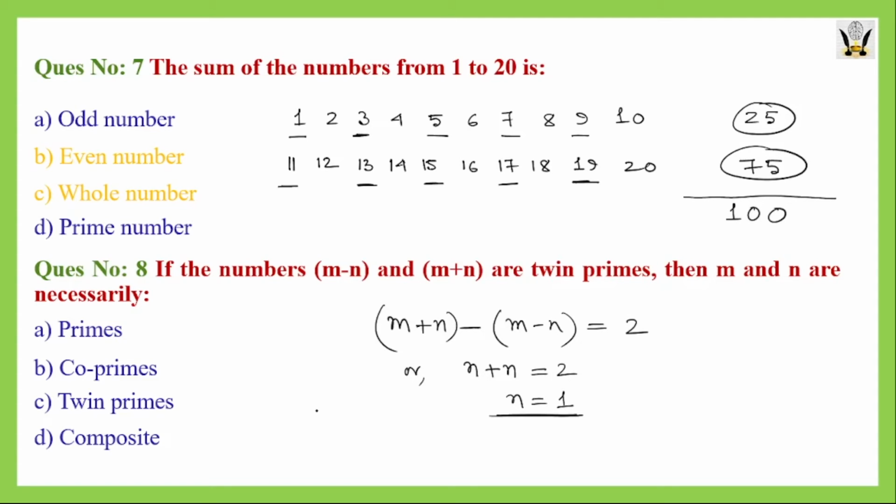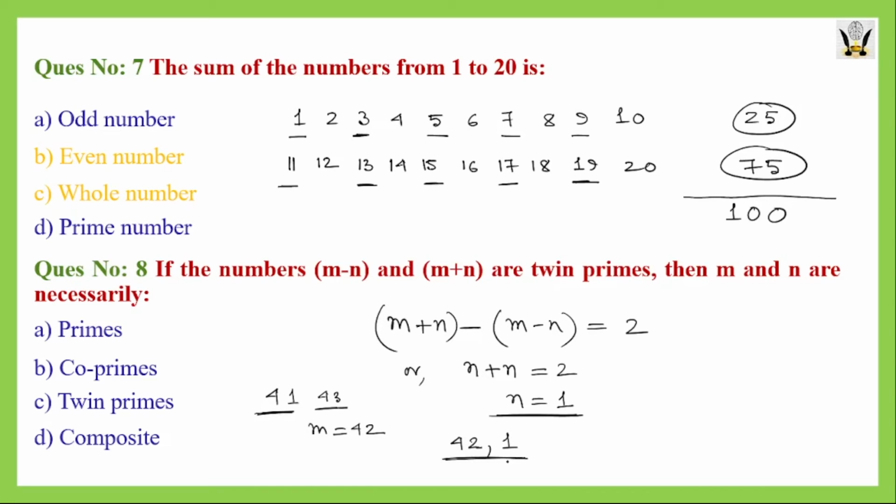So if we choose any value for m for which m minus n and m plus n both will be prime numbers, we know 41 and 43, these two are prime numbers and their difference is 2. So the value of m for them will be 42. Now m minus n, 42 minus 1, will be 41, and m plus n, 42 plus 1, will be 43. So between m and n, meaning between 42 and 1, if we develop the relationship,